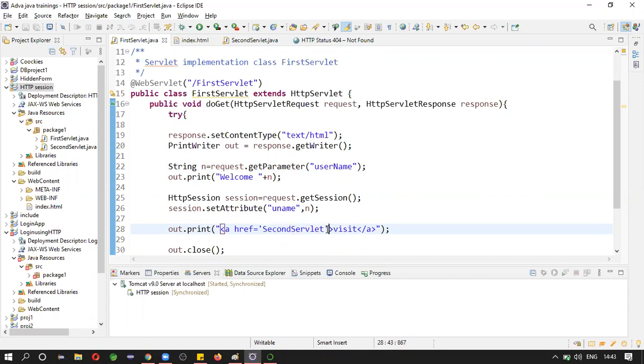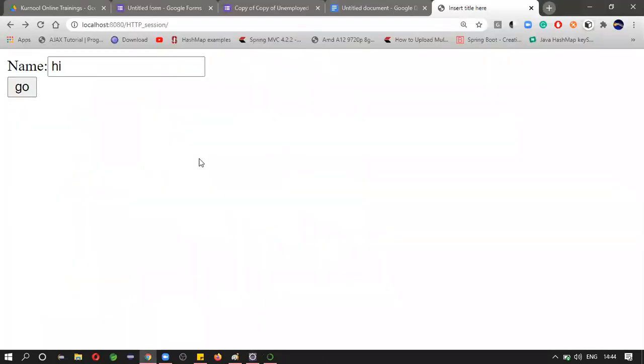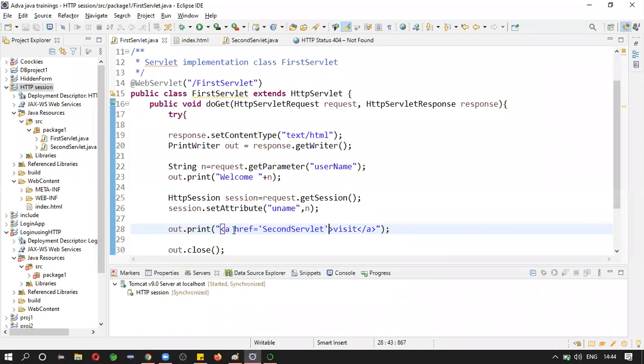Now we can take another servlet. In the previous applications we have seen home button, index button, login, logout. You can take this as the index button. In that index button, write like this: create a servlet to handle the index button.